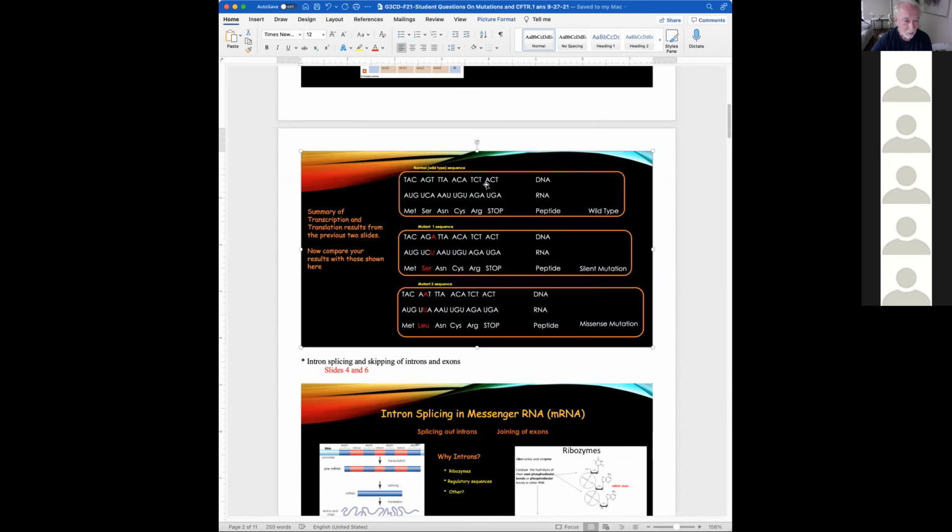So if we look at the wild type, here's the sequence of wild type. And if you transcribe that, as you know, T in RNA becomes an A. A becomes a U in RNA. Remember, there are no T's in RNA. C becomes a G, A, U, G, C, T, A, and so on. So that is the transcription of the wild type sequence. And then if we look, there would never be a